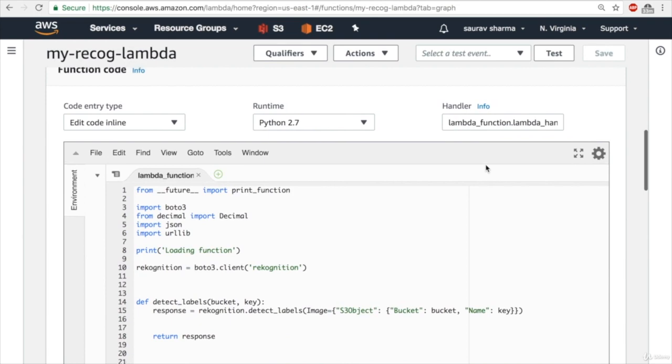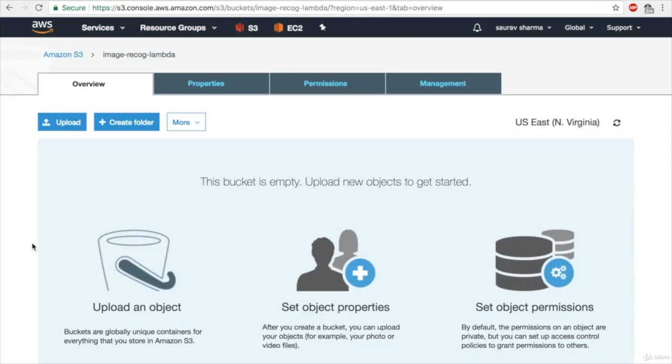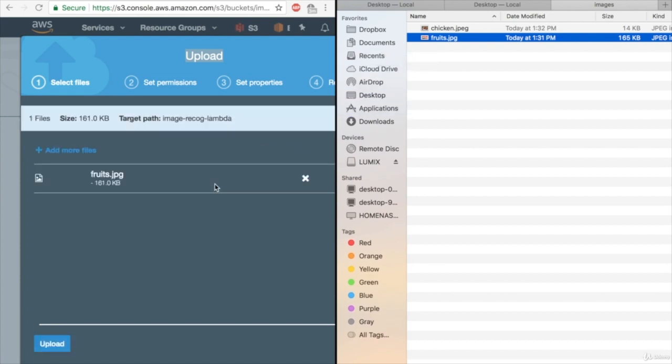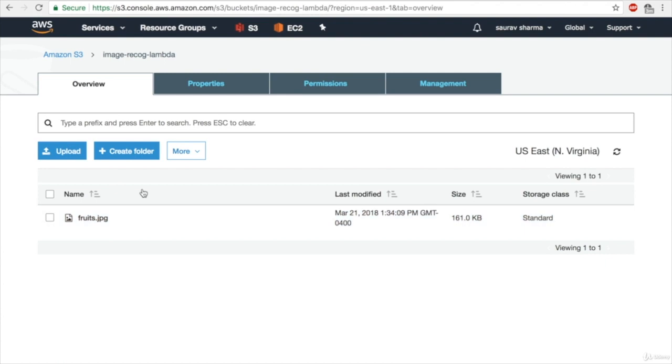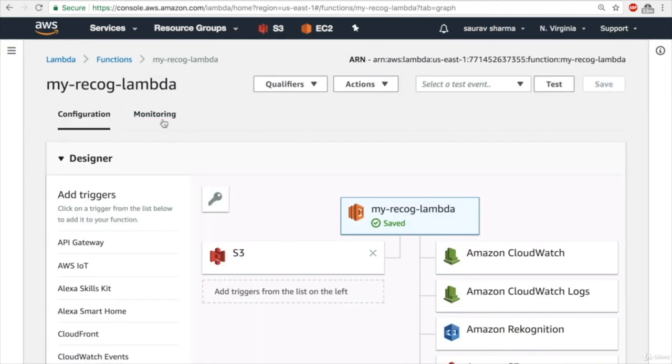Once I save this function, I can go to my S3 bucket, and in here I'll click on upload. So I'm going to upload an image with some fruits, and I'm going to upload. Now that should have triggered the Lambda function. The way to test if it worked or not is to go to the Lambda function and click on monitoring